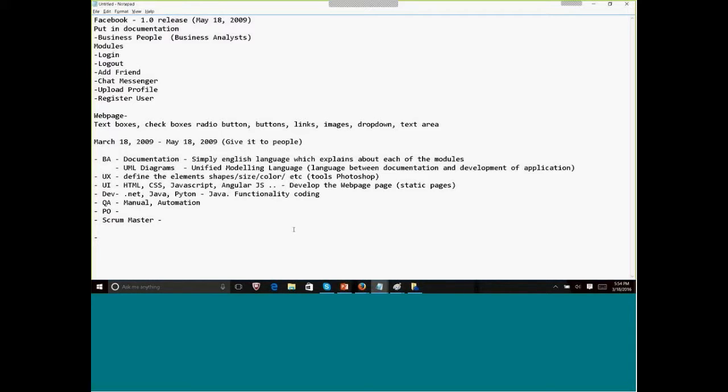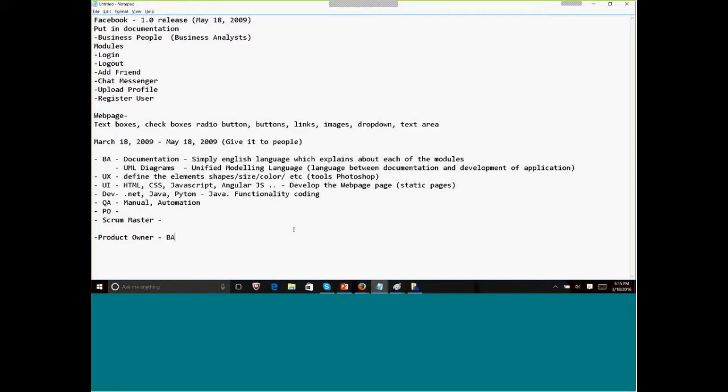Assume, if Facebook is for the first time, then they will roll out saying, we have openings, we need 3 developers, we need 4 testers, we need 2 UI team, we need 2 UX team, we need 1 PO and Scrum Master, and assume everyone has got recruited. After that, you will have a meeting with the team. Here is where the product owner comes into the picture.